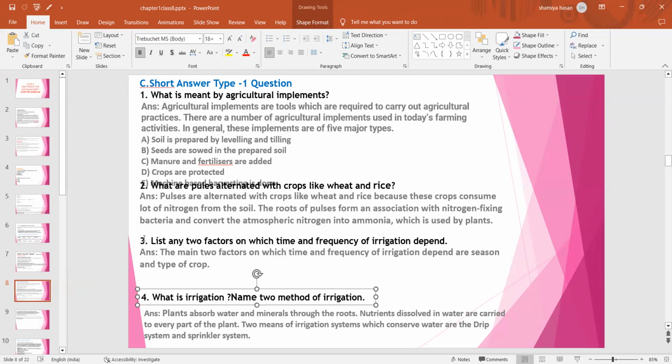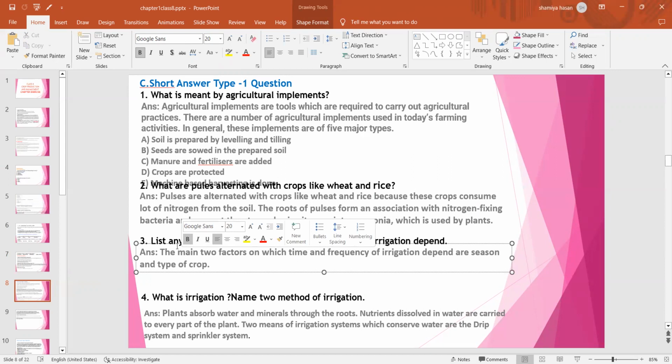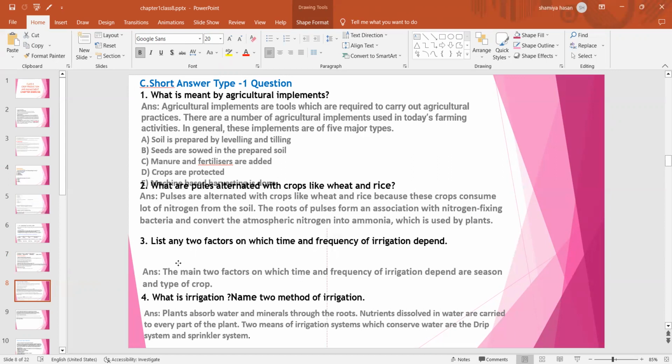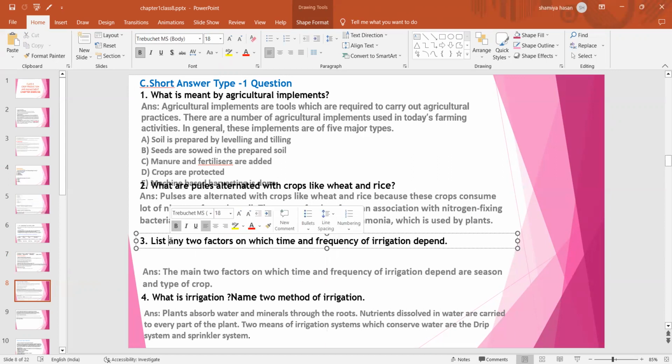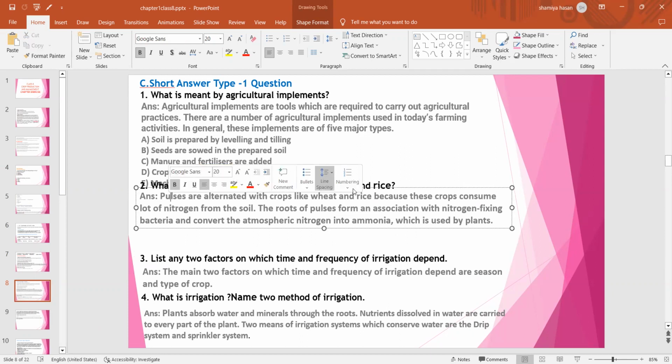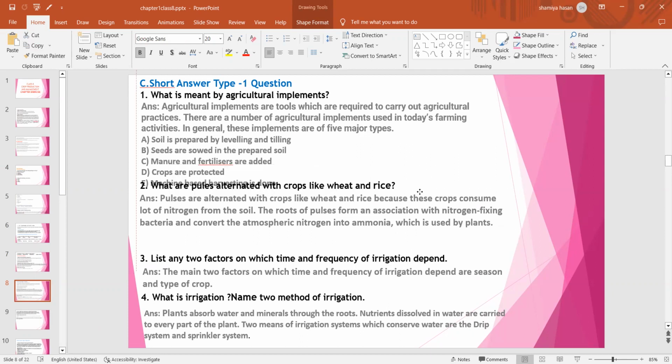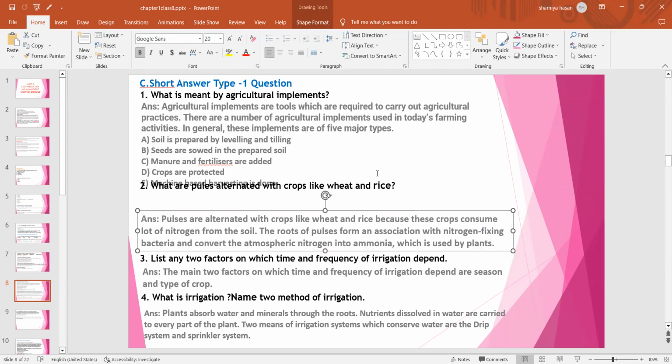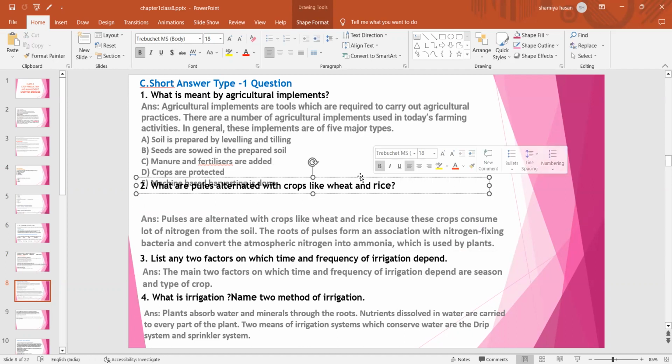Then the next question comes: what are pulses alternated with crops like wheat and rice? So here you have to give the answer. Pulses are alternated with crops like wheat and rice because these crops consume a lot of nitrogen from the soil. The roots of pulses form an association with nitrogen fixing bacteria and convert the atmospheric nitrogen into ammonia, which